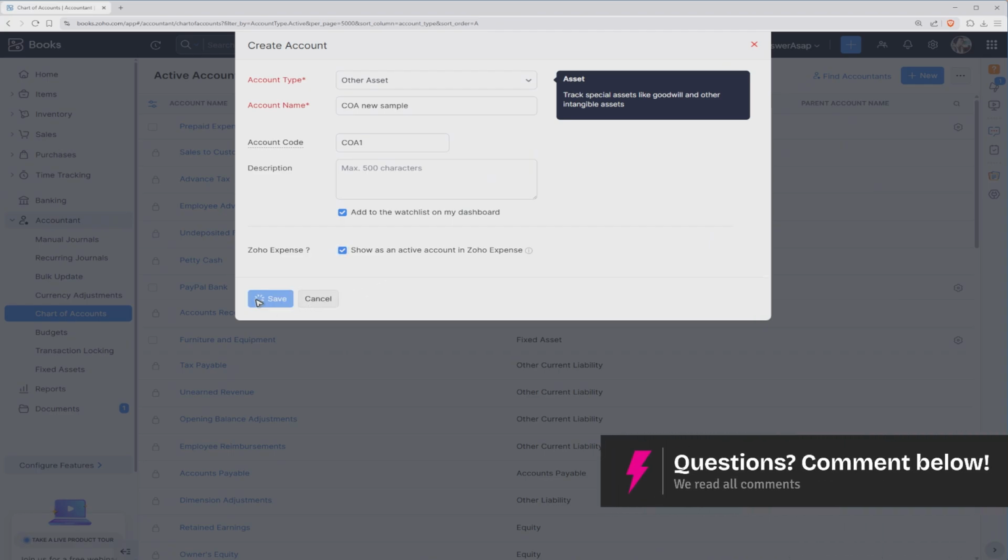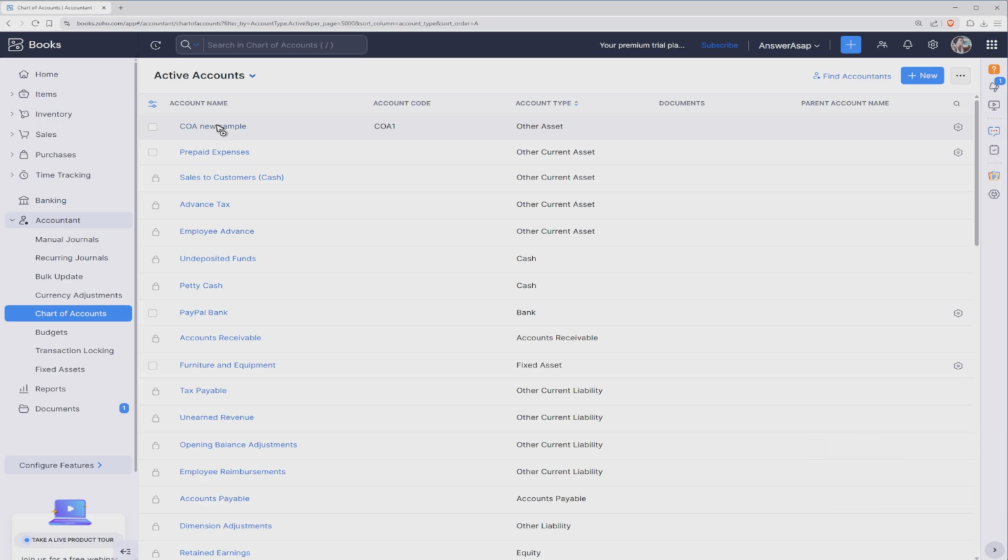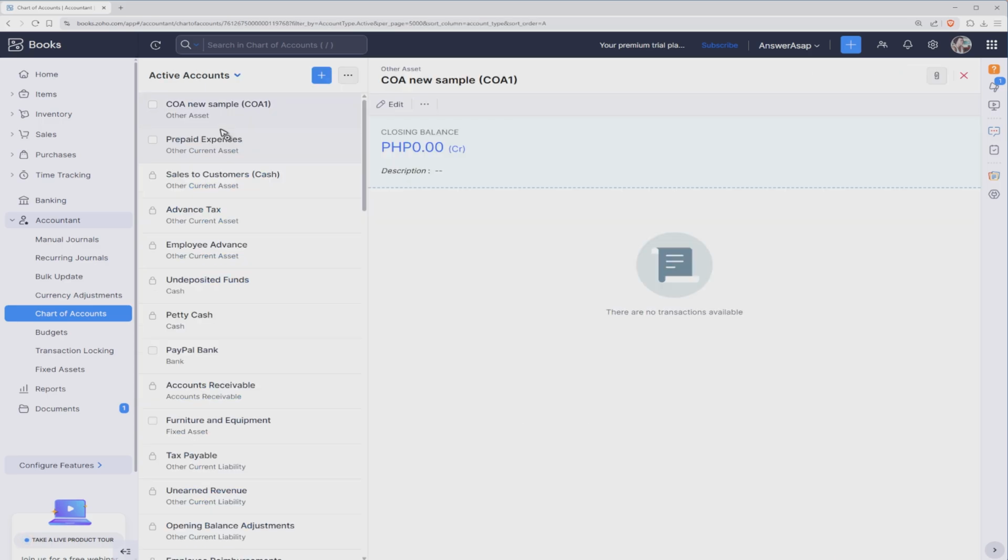Once done, just hit on save, wait for it to load, and here we now have our new chart of account. You can click on it. There you go. Edit it if you want to as well. Click on three dots, mark as